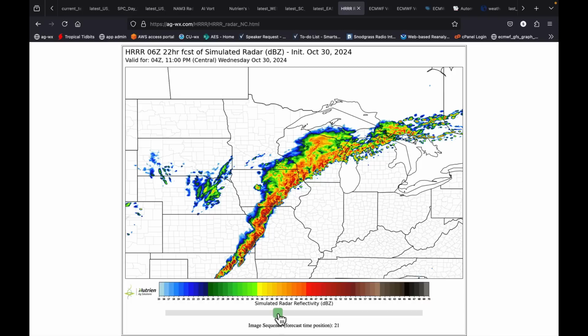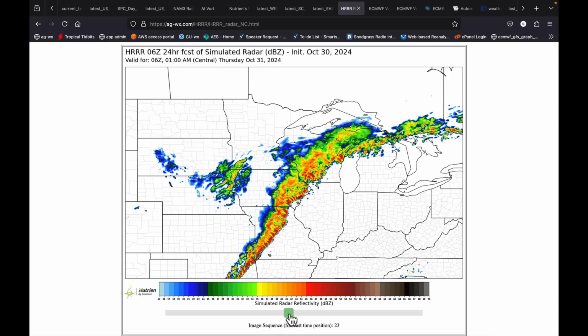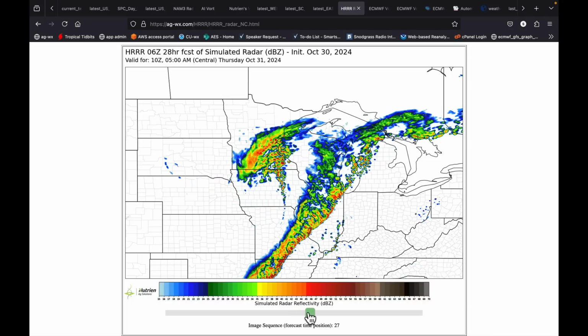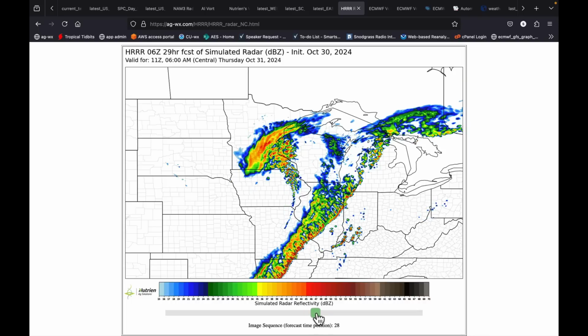This is 11 p.m. tonight, Central Time, according to the high resolution rapid refresh model. It starts to come over the Mississippi River between 1 and 2 a.m., lingering all the way back down here through that same time period. The timing of this going overnight across Illinois will determine storm structure. Will it be elevated? Will it be fizzling? That's going to be the difficult thing because 5 a.m. is not a time for storms. But we're going to get this boundary coming through, and should be interesting.